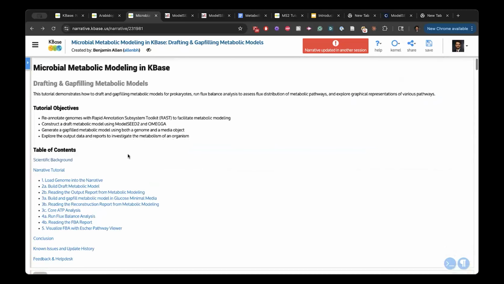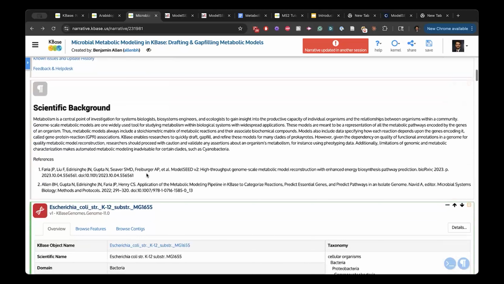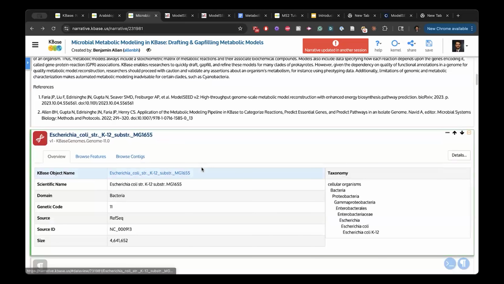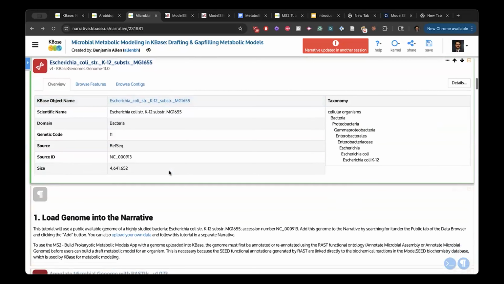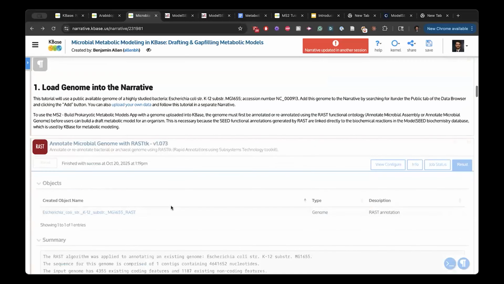So we're going to start here just going over about our apps. In this case, we're going to be working with E. coli. I know, kind of boring, but it just really helps us showcase all that we want to showcase here today in this webinar. So the first step in this case, we loaded this genome in,